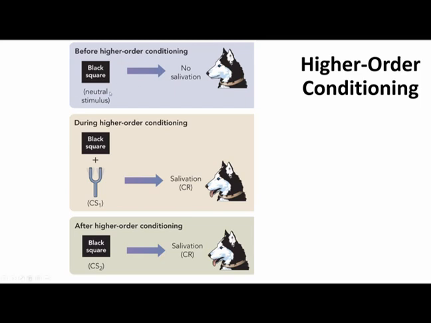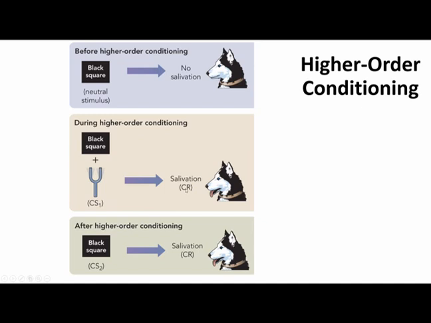So in this case, our second neutral stimulus is going to be a black square. And before we do any training, a black square doesn't mean anything to a dog. So no salivation, no response, cool. During that higher order conditioning, during this acquisition stage, we're going to pair our neutral black square with our previously conditioned stimulus of a tone. So here we note this CS as CS1 because it was our first order conditioning. It was basically step one. So we're pairing our black square with our conditioned stimulus,